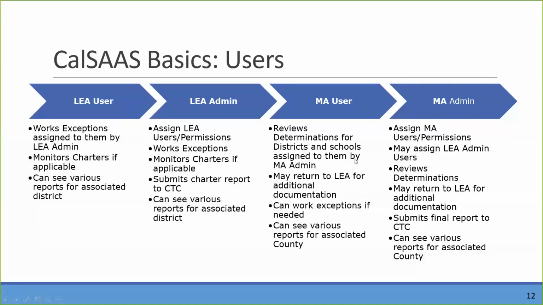The reports are actually quite comprehensive. We have a big report section for the CalSAAS. Reports are generated at every level. You can break it all the way down to a school site report, or you can have the report be up at a more aggregate level, up at a county level or at a state level. The reports have executive level reports where it's just pretty pictures and graphs and charts, all the way down to individual reports where you get the individual educator's name and their exception and the reason for the exception being justified. So you can pull your report to any level of detail you want.